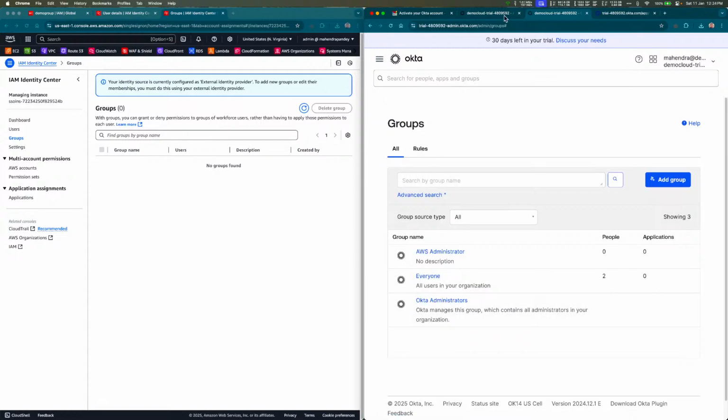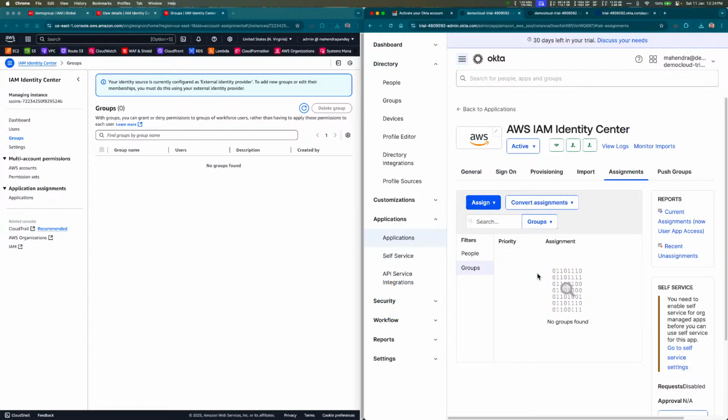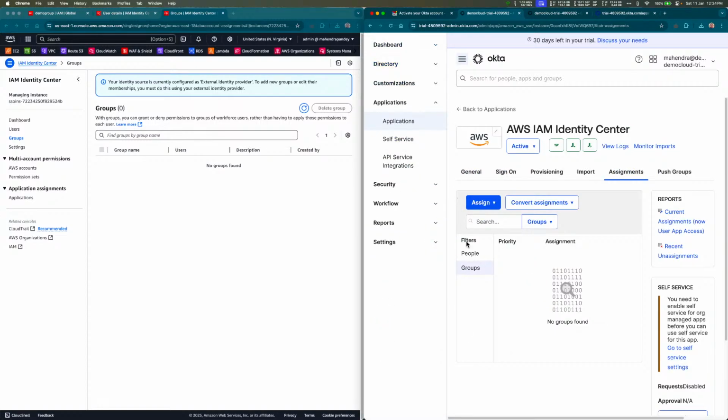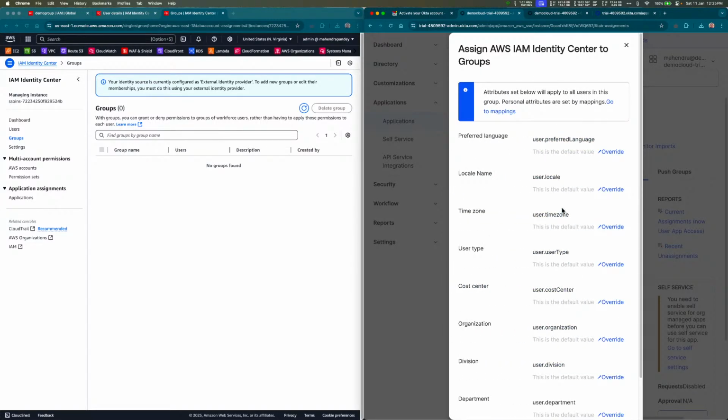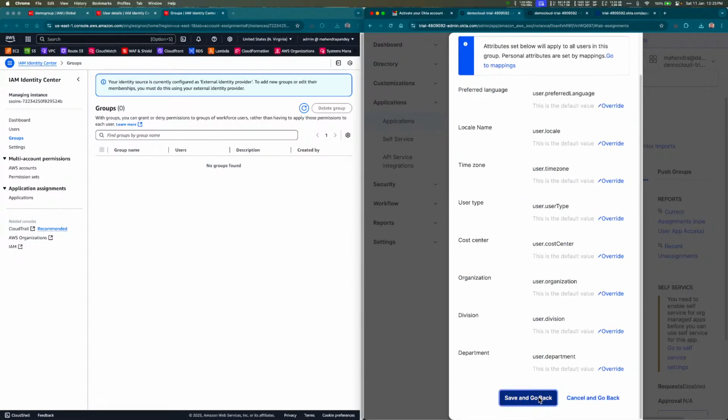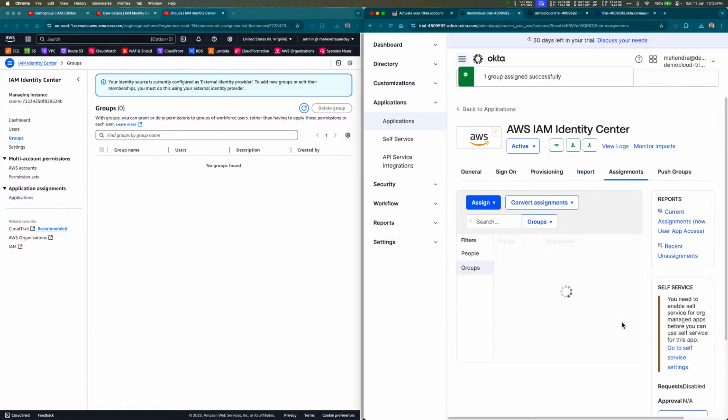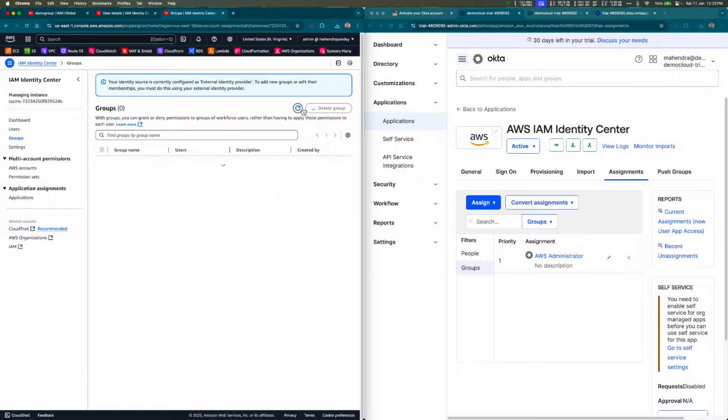AWS administrator. Now going back here, assigning the group, assign to group, assign AWS administrator to this. Save and go back. Done. Now the group is assigned here, since if you try to refresh,